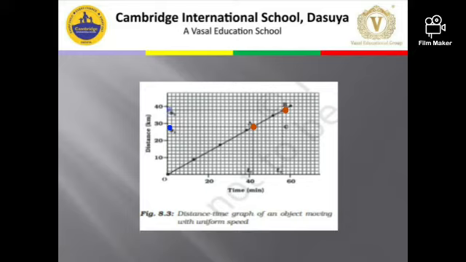Similarly, from A onto the x-axis, I mark the first point T1, that is the initial time. Then at B onto the time axis, I mark the second point T2. So if I know the positions of S1 and S2, and of T1 and T2, I can put them in the formula and calculate the speed of the object.